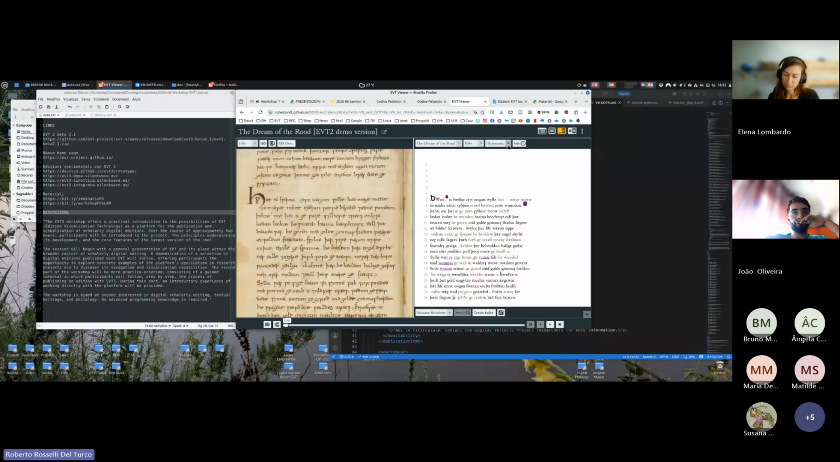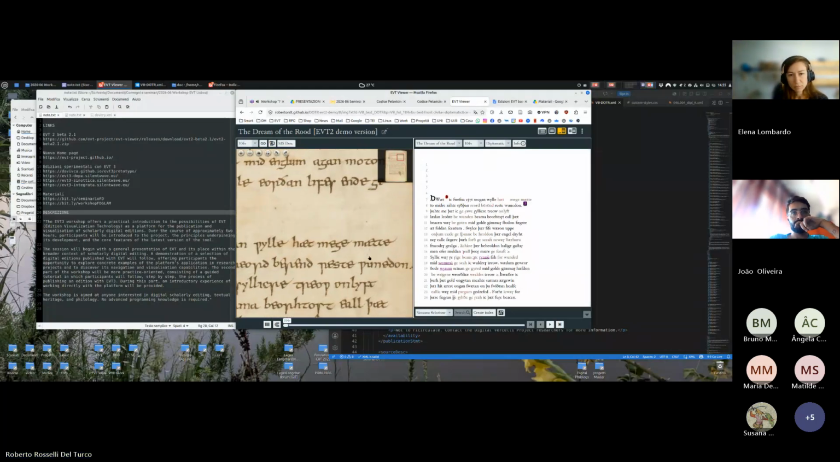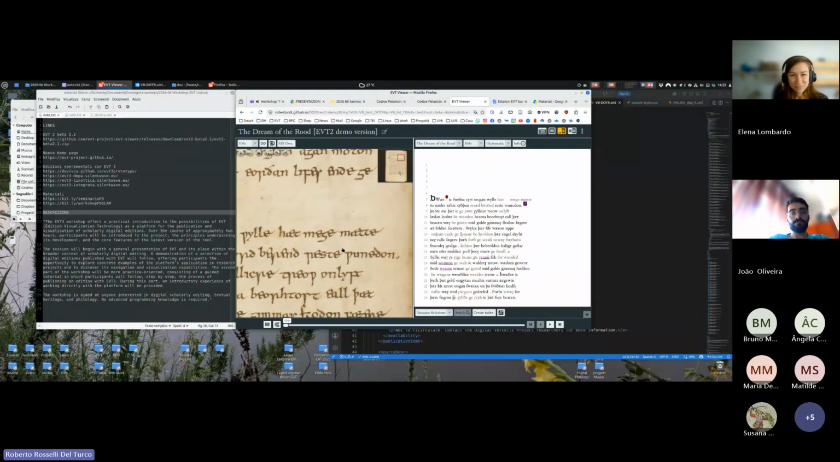For instance, the fact that I have two edition labels, diplomatic and interpretative. What is the difference? I guess not many people here know about Old English, but I think it is really easy to read two words here, meglie, mette, and you can see them in the diplomatic version. But if I leave the mouse cursor on meglie, mette, the actually correct standard orthographic